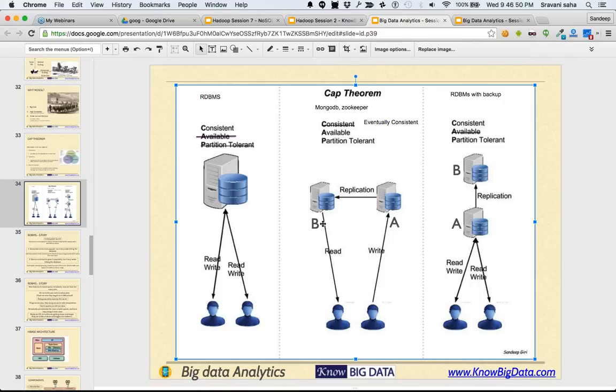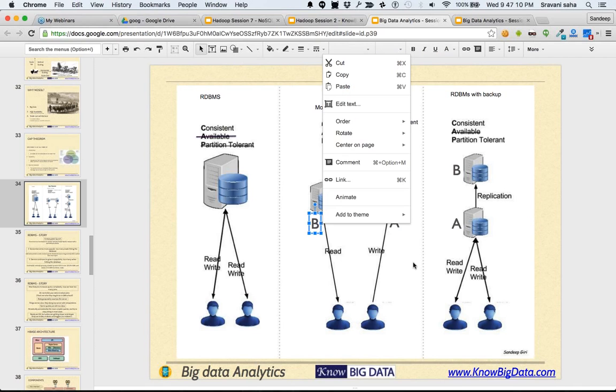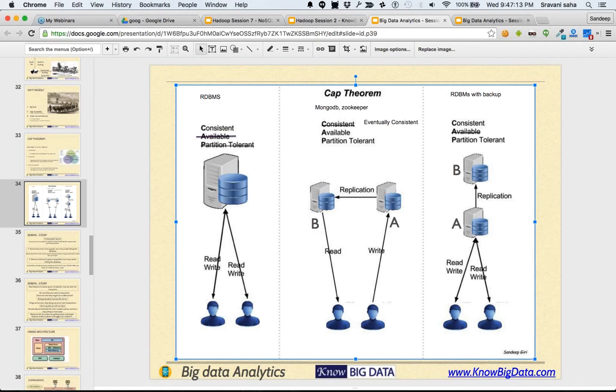Now you would notice that by the time the change reaches from A to B, there might be some users reading from B, and those users would be reading stale data because it takes time for a change to be reflected from A to B. Therefore, it's not strongly consistent.